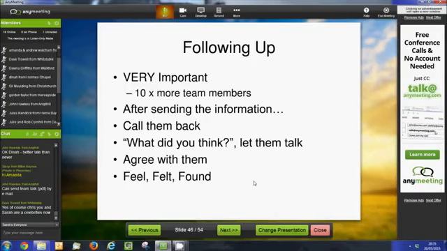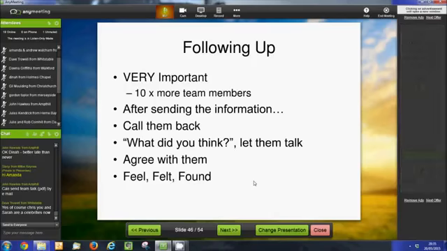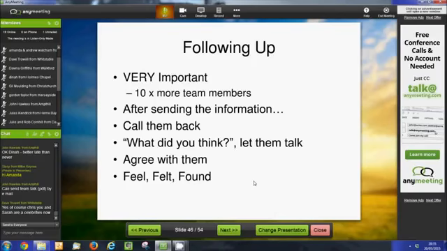And even if it's not your personal situation, if you've got a story like, what she found was that when she was going around with the buggy with the children in, that was a great icebreaker with all of her customers. So whatever it might be, don't disagree with them. Always agree with them. Say you know how they feel, but then you can often turn that around by the feel, felt, found approach.